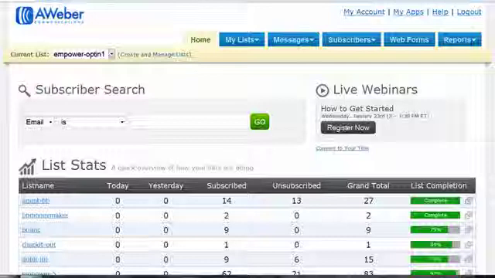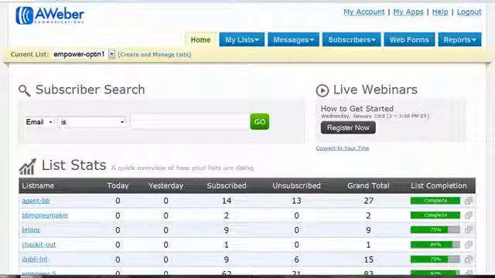How to set up your follow-up messages in Aweber. Now guys, this is really important. It's for the simple reason that the money is in the list. When we blog for traffic, we blog to get people back to that splash page. No matter what we're doing on the internet, we want people to opt into our landing pages, and the money